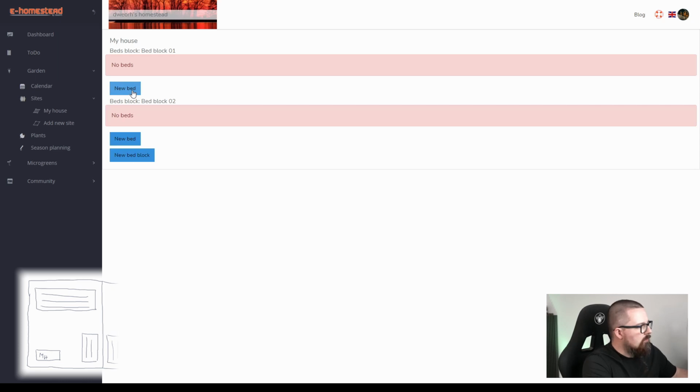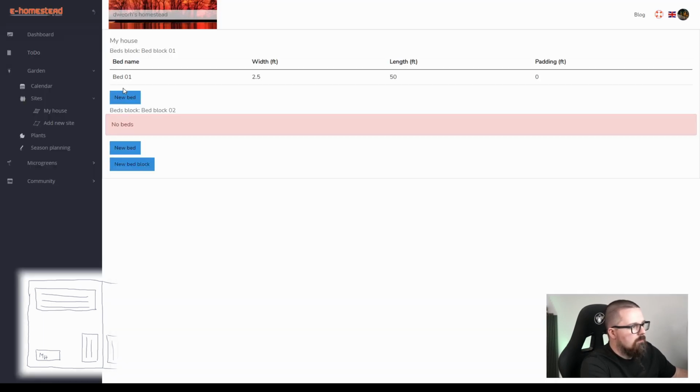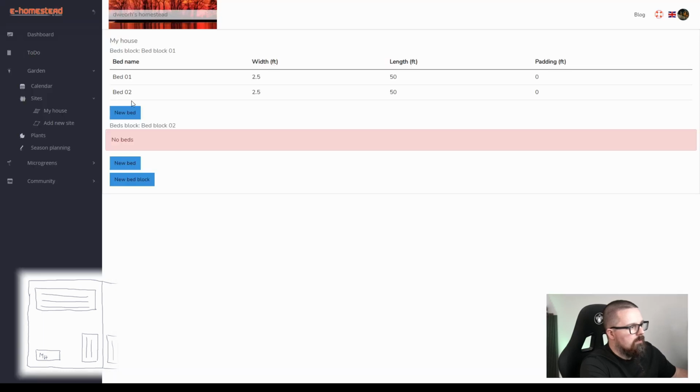We said that the longer one will be bed block number 1, and we need to add some beds, 3, with width and length in feet. So it's bed number 1, bed number 2,